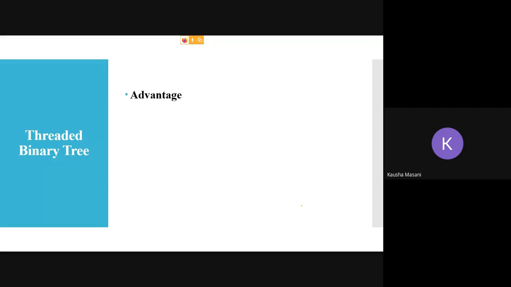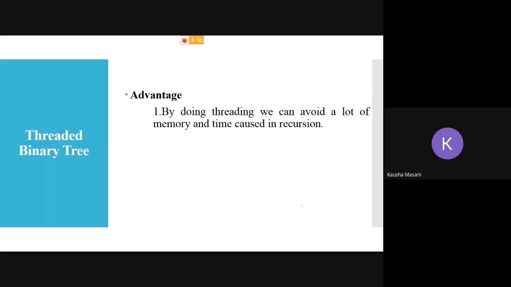Now, what are the advantages? Why should I go for this threaded binary tree? The very first advantage is that by doing the threading, you are going to avoid a lot of memory and time consumption. Why do you reduce memory and time?